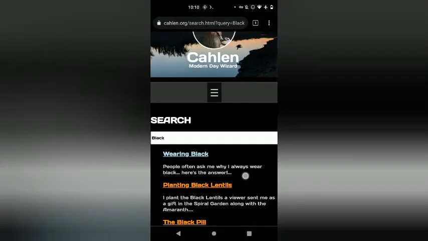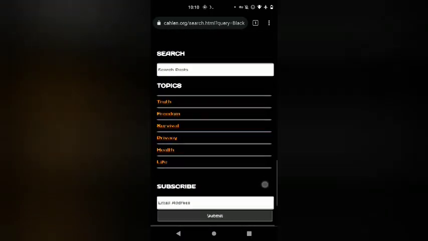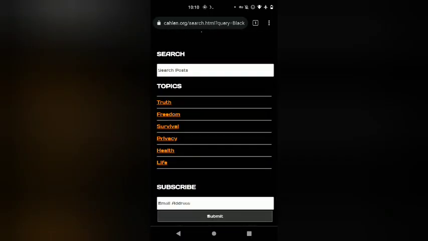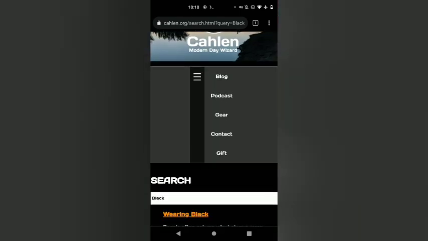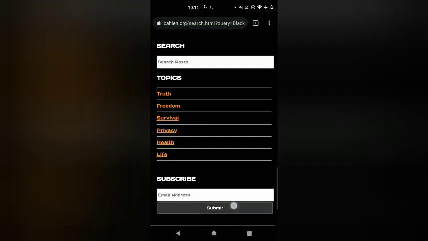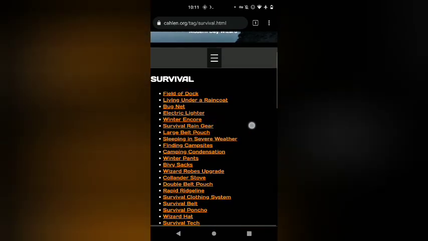All right, so also I wanted to show you that down here, in the topics, this used to be just another menu, which was a repeat of this menu. It was just the same exact thing, except down here. And I decided to add basically a tagging system so you can view things by category. So for example, if you want to see all of my videos that are tagged with survival, then you click survival, and here is a list of all of them.